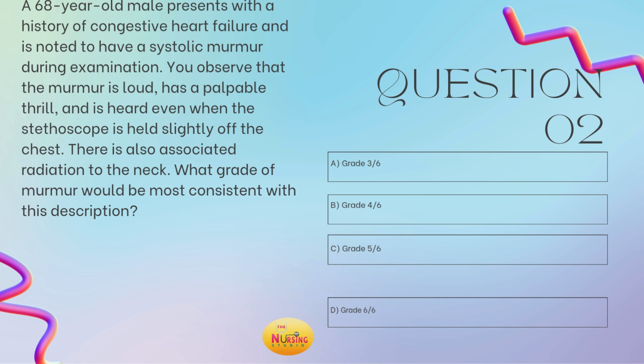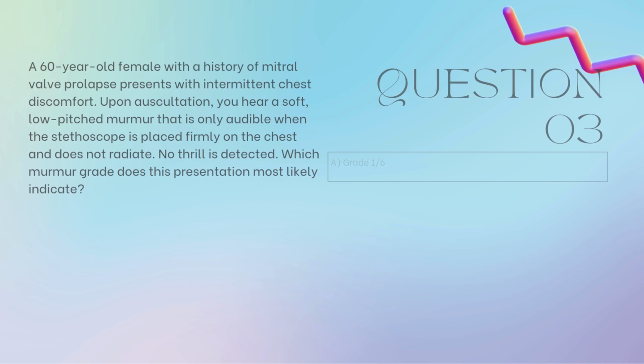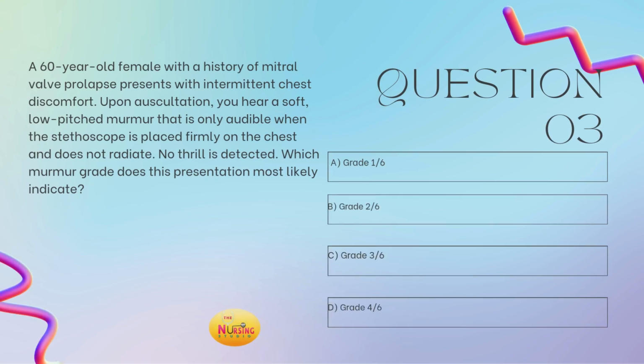Grade 5, you know it's going to still have the palpable thrill because that initiated in grade 4. But with grade 5, you can still hear it with the stethoscope slightly off the chest. And then we'll get into grade 6. Let me finish with the questions so I'm not giving away answers. All right, and